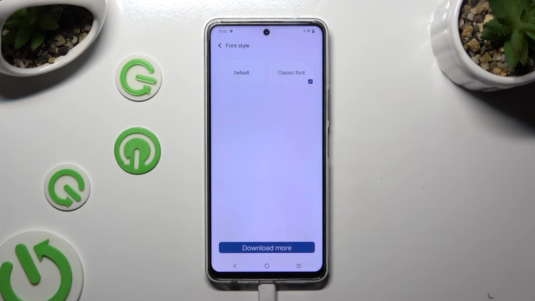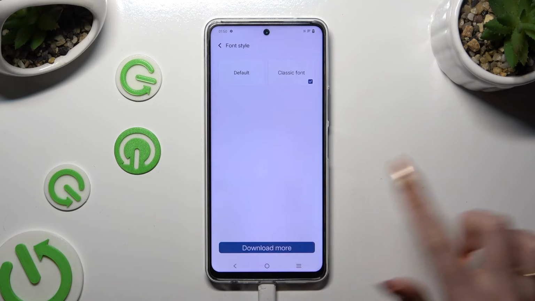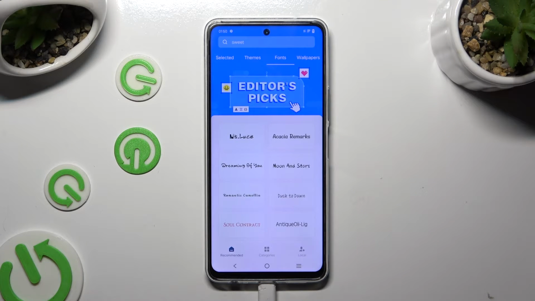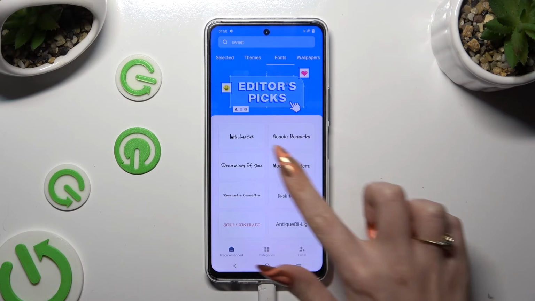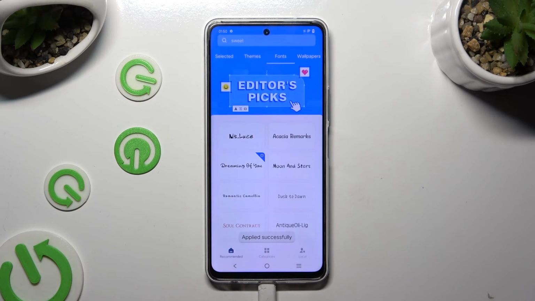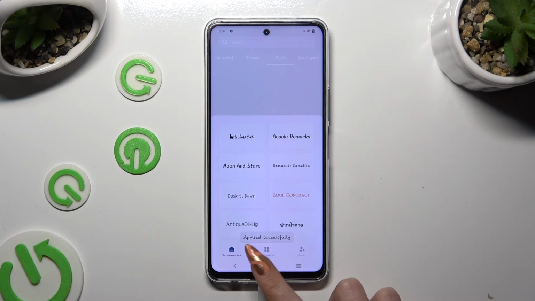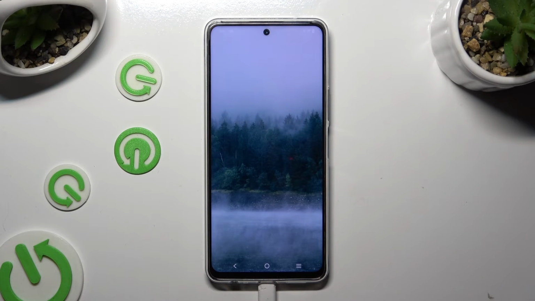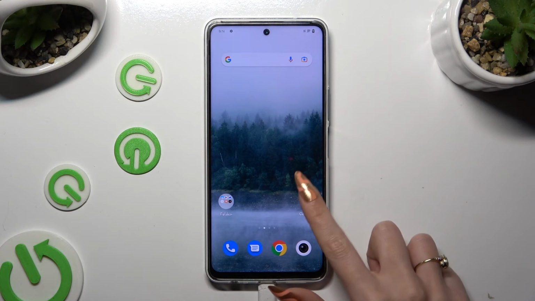But this time choose Download More at the bottom and tap on the best font style for you. When you're done, choose Download and then hit Apply. So when I go back this time, as you can see, style of my text has